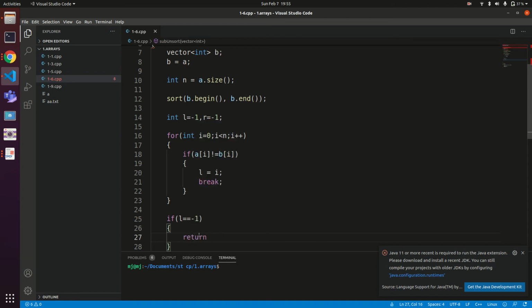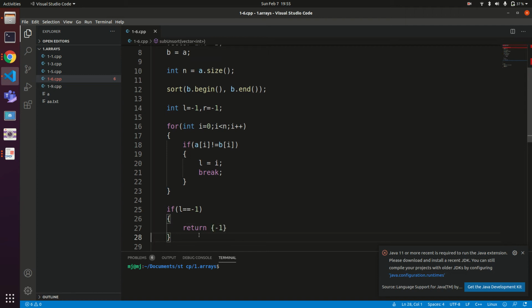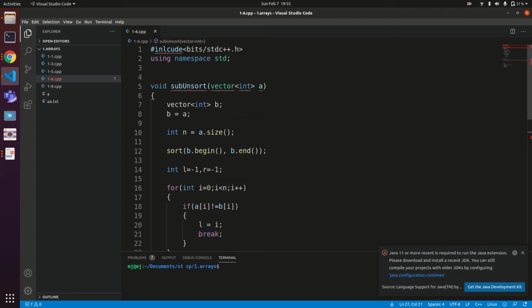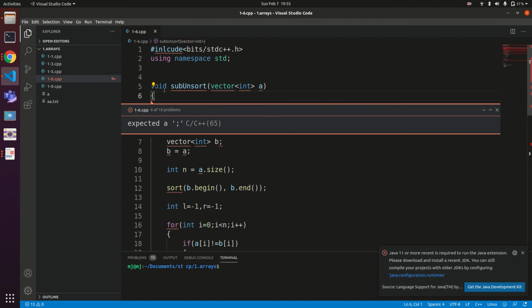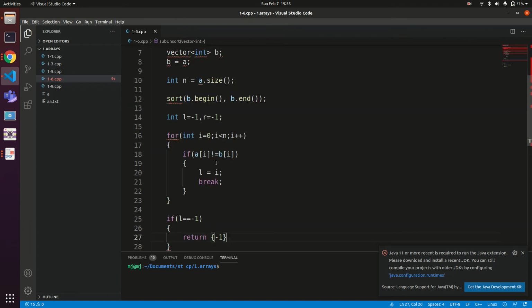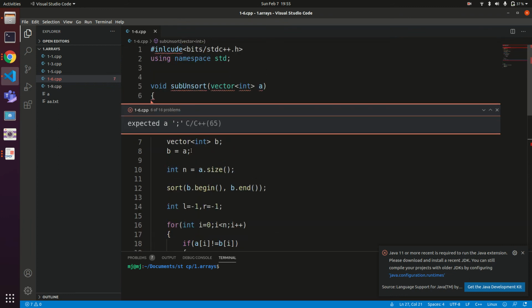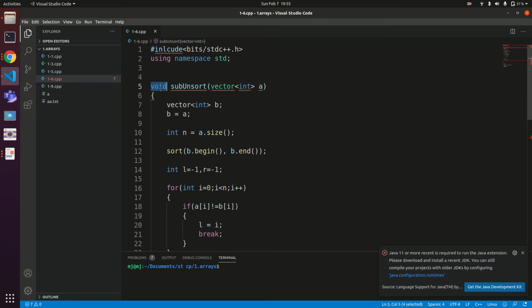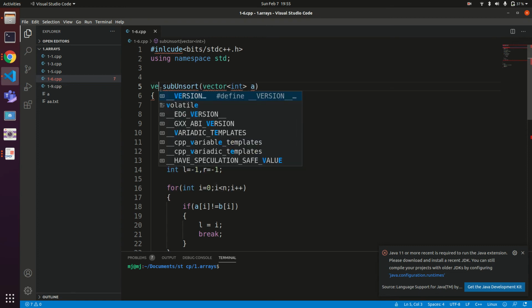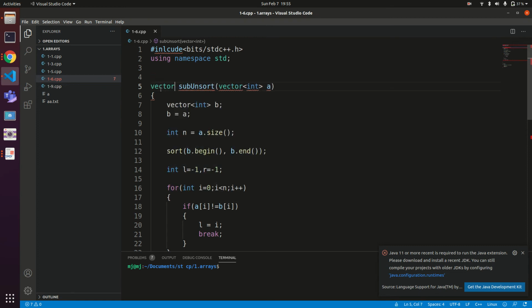So let's return a vector of -1. Let's have vector as a return type here, because as per the problem statement we need to return a vector of L comma R. So vector of int we need to return as the return type.